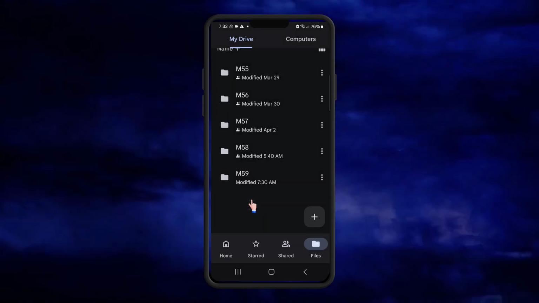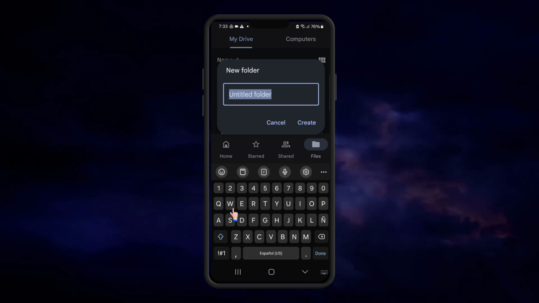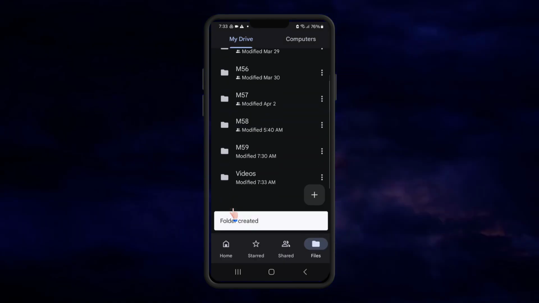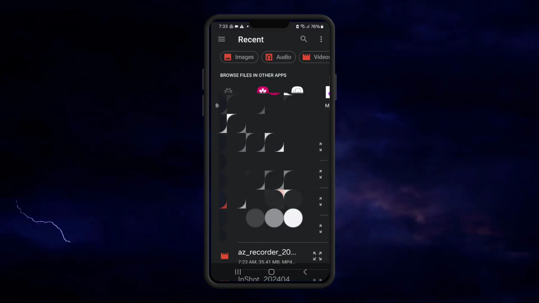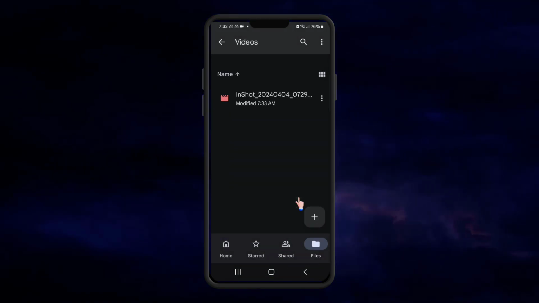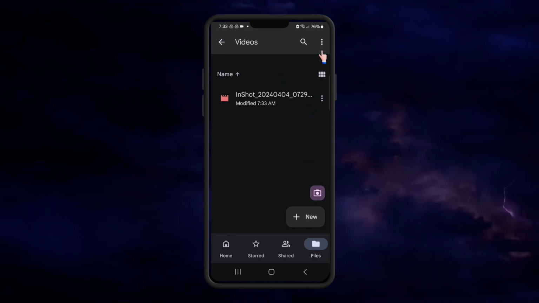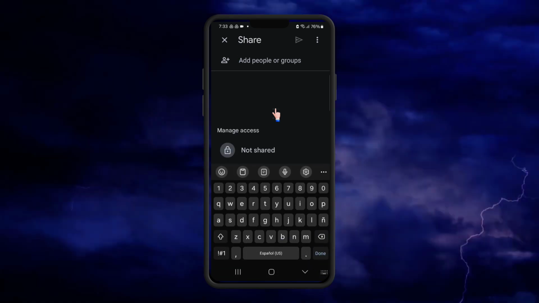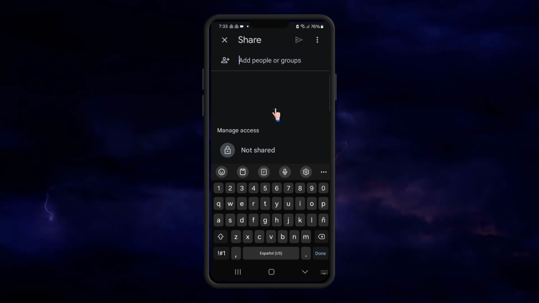And we can see the option, but we press the plus icon and select the folder for more organization. Videos, create, we can see the folder and press plus and upload a video. We can see this video and this video sent to the other person, press share, and enter the email of the other person. It is quite simple and